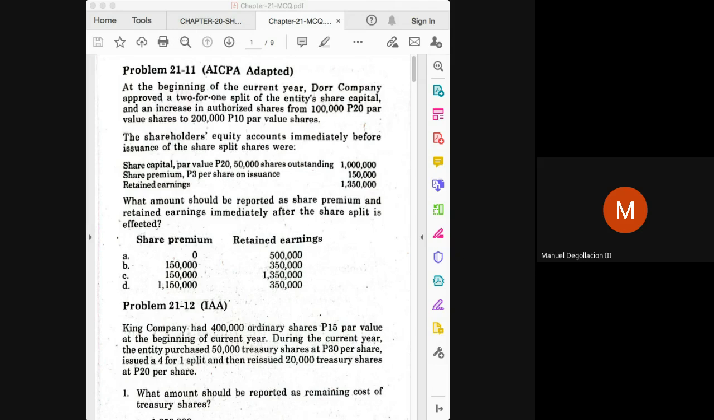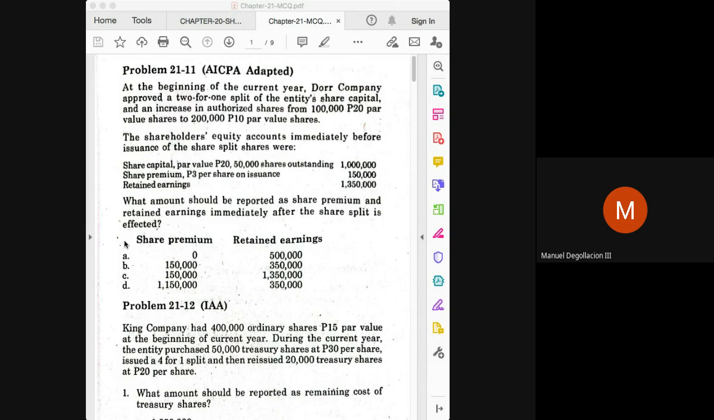And aside from share split, we'll be discussing treasury shares. Treasury shares are the entity's own shares that are being reacquired by the issuing entity. Then there will also be discussion on share warrants, which we will discuss as they come along in the multiple choice problems. Okay. Now, we are in problem 21-11, and in 21-11, what happens here is that we have